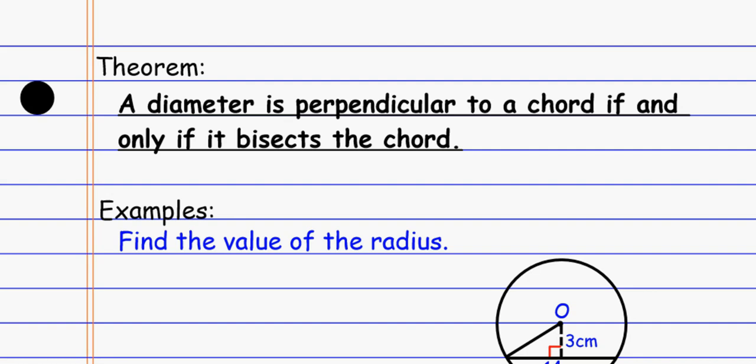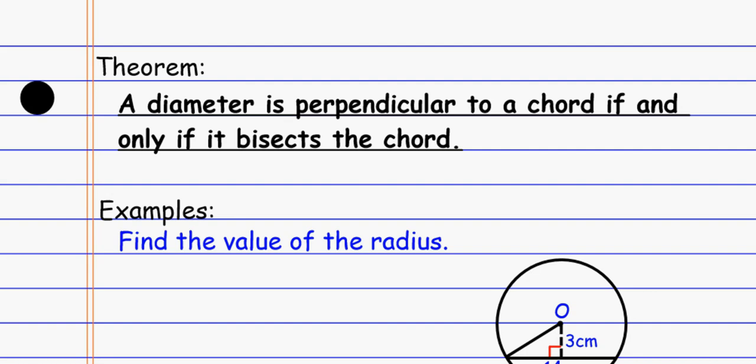Here's that thing I was just talking about a little while ago: if a diameter is perpendicular to a chord, or we could say a radius, because it's part of a diameter, is perpendicular to a chord if and only if it bisects the chord. Okay? And so when we look at measuring from the center to a chord, we always measure at a perpendicular angle. So if we always measure perpendicular to something, then that radius where we're measuring is automatically going to be perpendicular, which means it's also going to have to bisect the